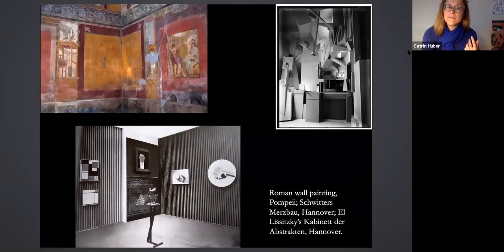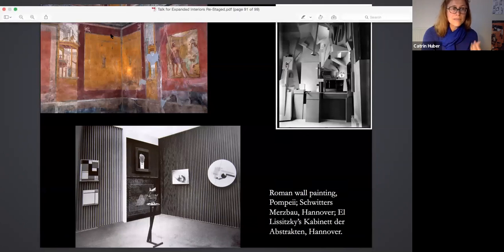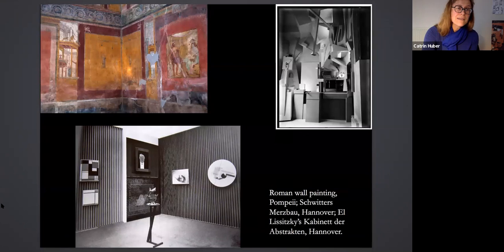Here I've got the image, the three. So here you can see Schwitters' Märzbau, you can see the Cabinet der Abstrakten, and a Fourth Style Roman wall